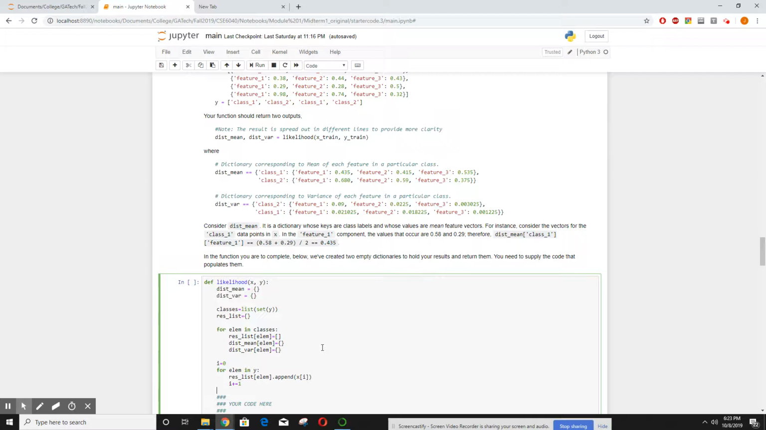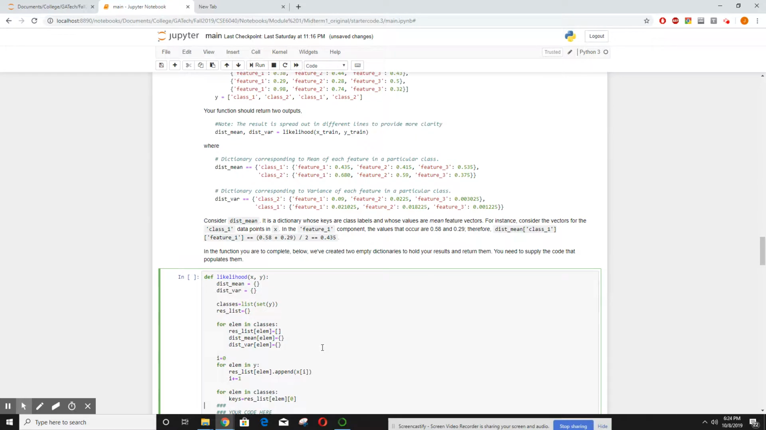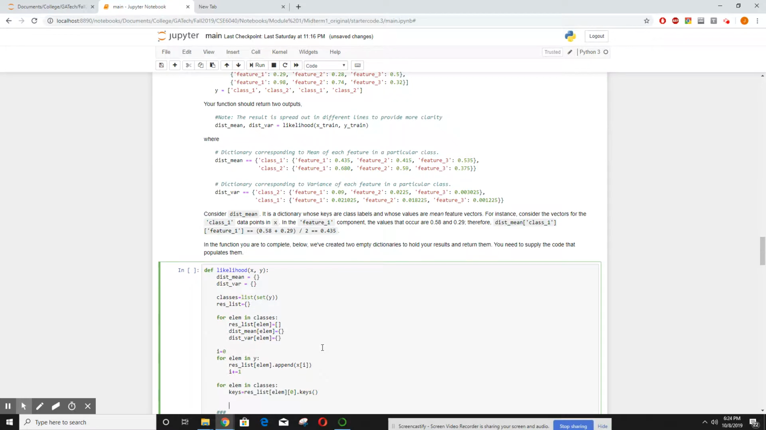Once I have that, I can now deal with those classes. And the way I did that was I went back to my list of classes. So for every element in classes, what I want to do was say, well, what are the keys in the result list for that element in the first entry? Because that first entry is going to have the same ones as all the others. They're broken down, they'd all be identical. So I just need those keys. So let's get those keys. And then what I need to do is I need to increment over those keys. So for item in keys,